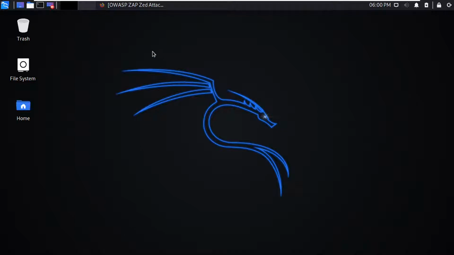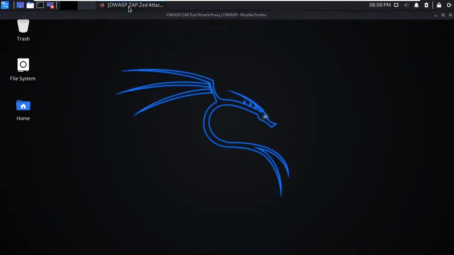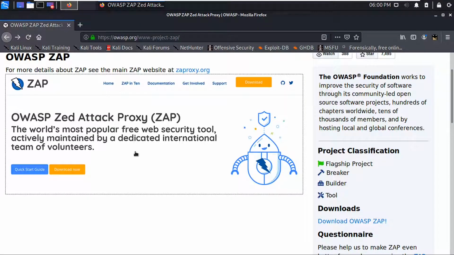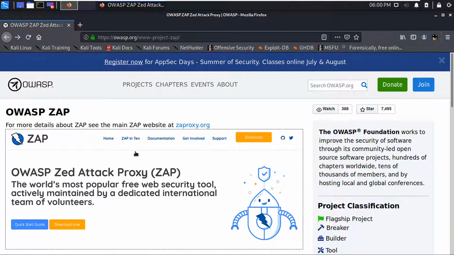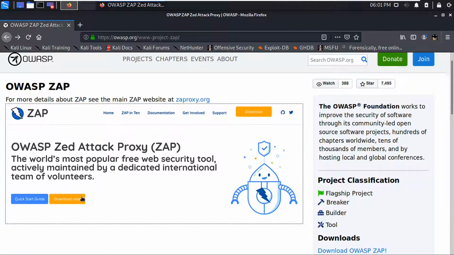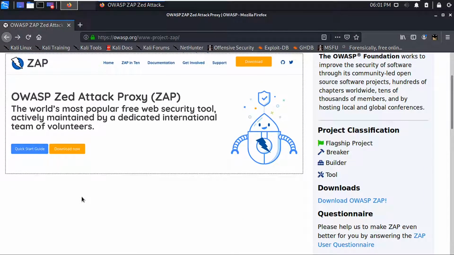So one tool is Zap or Z Attack Proxy, which is coming from the OWASP website. So you can see here the OWASP Z Attack Proxy or Zap, the world's most popular free web security tool, and yes, it is free, of course, and you can use it in Linux or Windows as well.